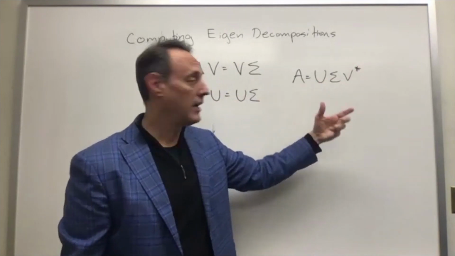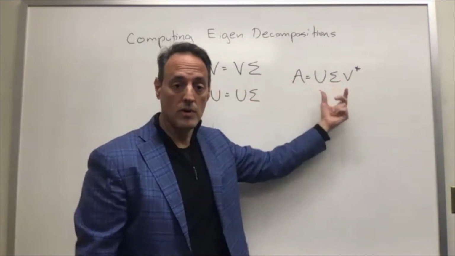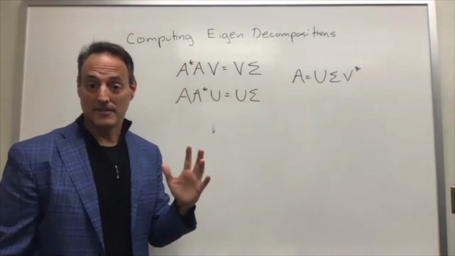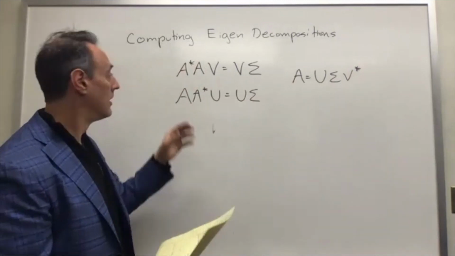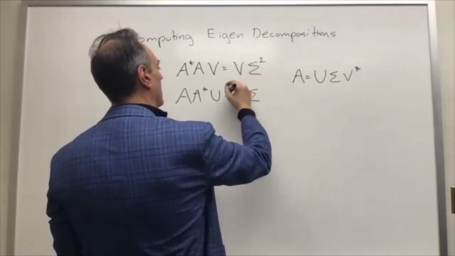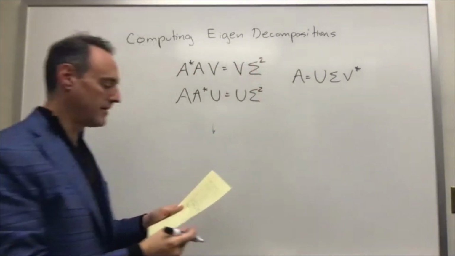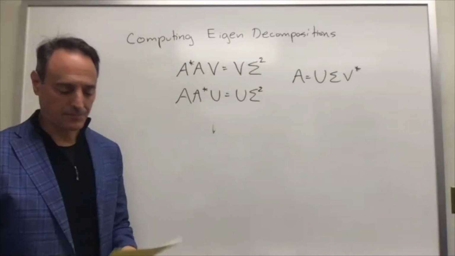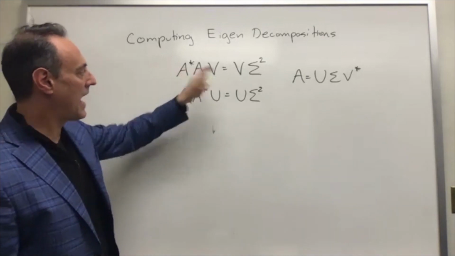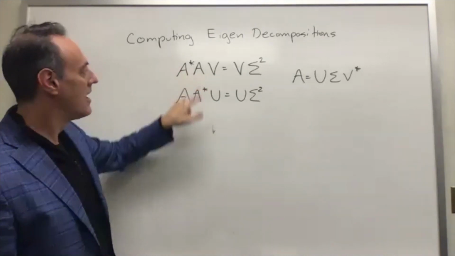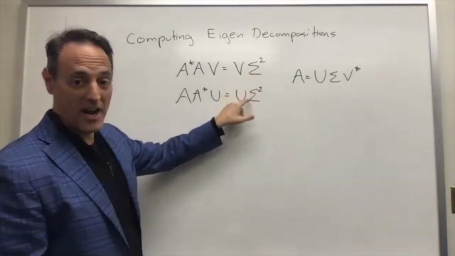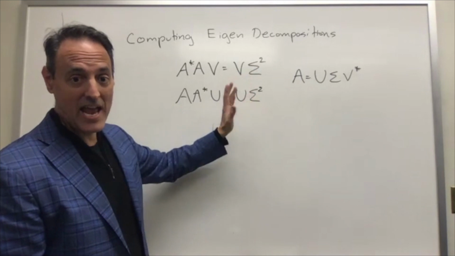Unlike eigenvectors and eigenvalues, you only have a single basis. Here you have two. And notice the two bases satisfy eigenvalue problems, right? So here they are. It'd be sigma squared. Okay, so you have this, and notice then V are the eigenvectors of A star A, U are the eigenvectors of AA star. They share the same eigenvalues, and